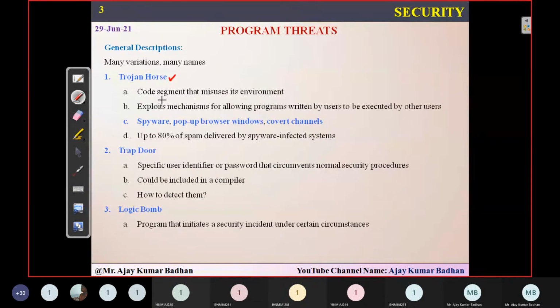Okay, Trojan horse, this is one of the popular ones. Now, what exactly does this work on? Well, a Trojan horse is a code segment that actually misuses the environment. What do I mean by code segment here? I will explain this with the help of a small